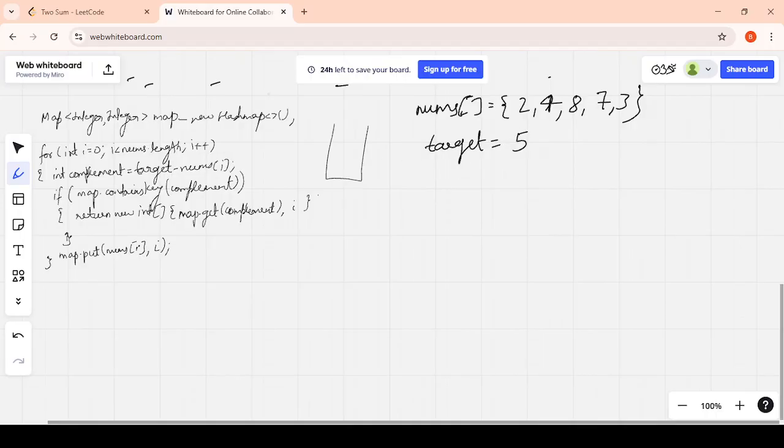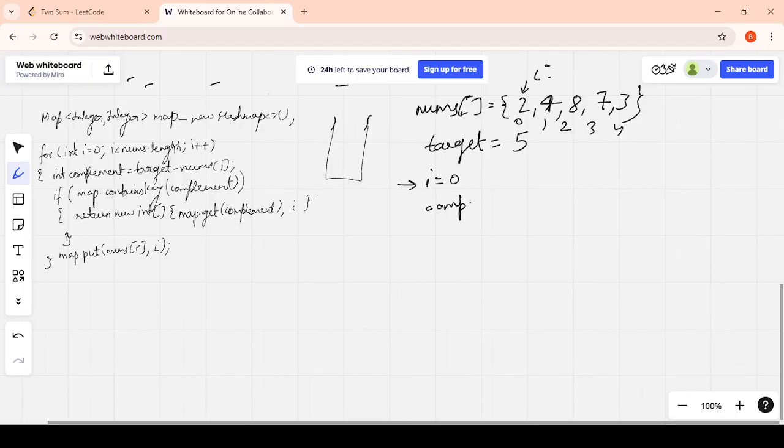So what we will do, we start with I equals 0. What we are doing is